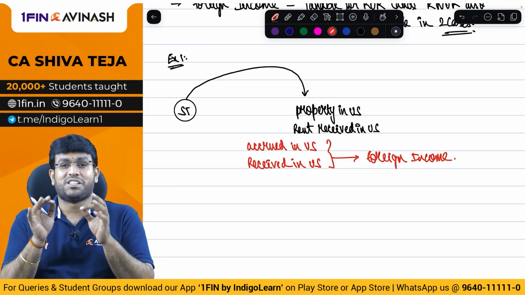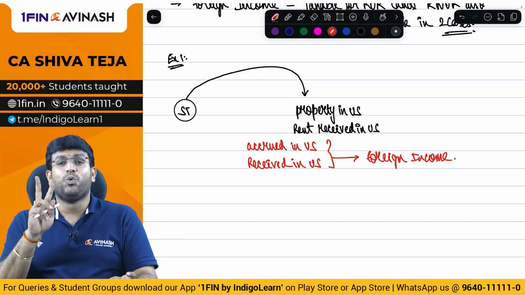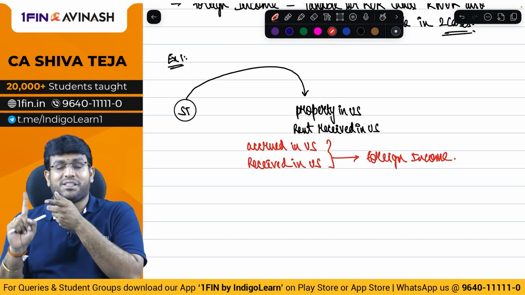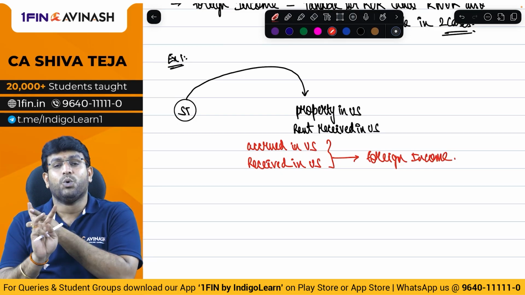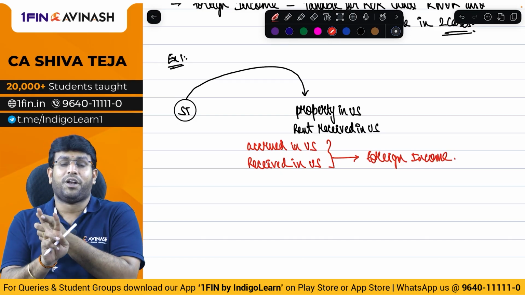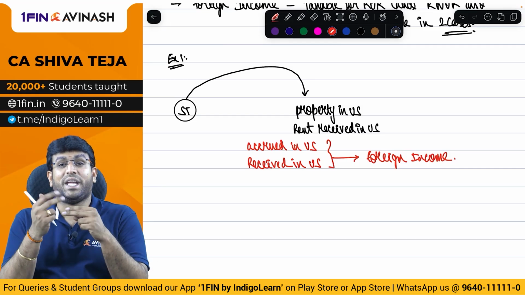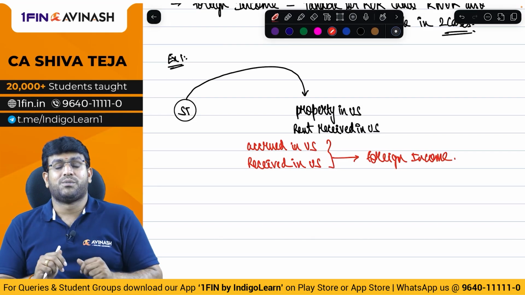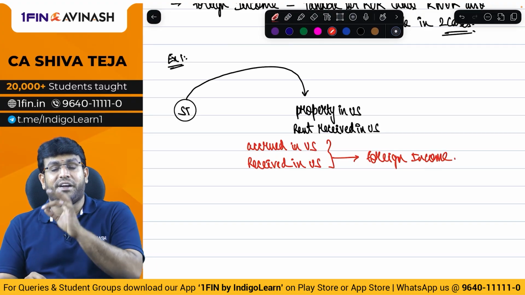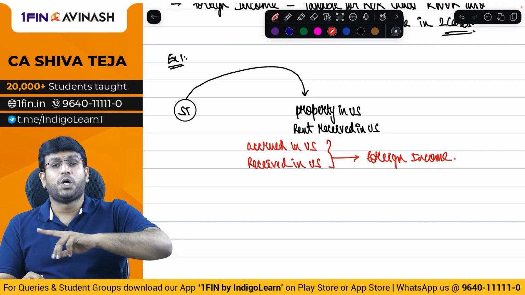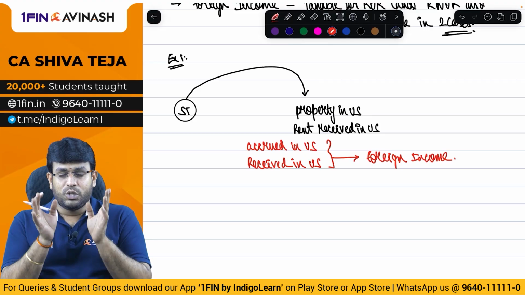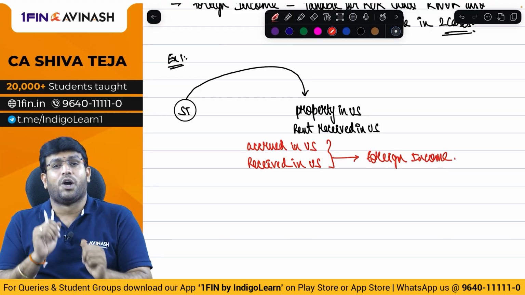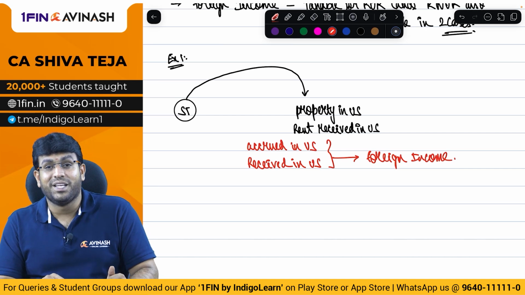So with this, you have to understand very clearly that there are two important parameters to decide taxability. Parameter number 1, residential status. Parameter number 2, whether it is Indian income or foreign income. Both parameters we have to take into account to decide whether income is taxable or not taxable. What are the two parameters? Number 1, residential status. Number 2, accrual and receipt of income. Based on both the parameters together, we have to decide whether income is taxable or not taxable. Are we clear, everybody? Good.